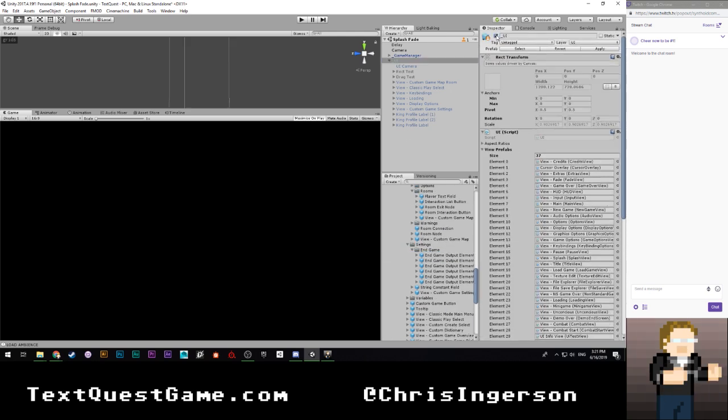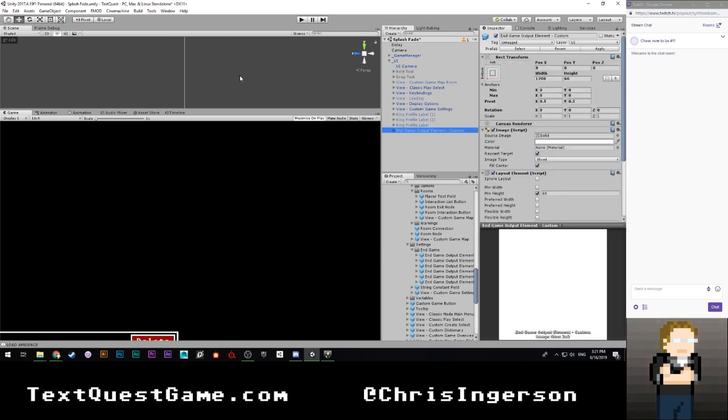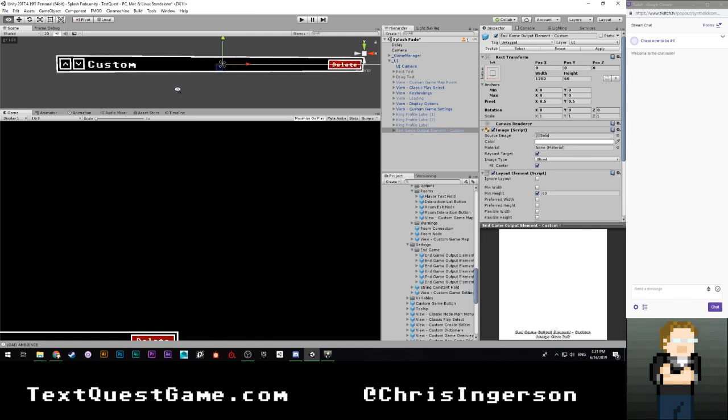I'm going to go ahead and turn on our UI here. I'm going to grab this. Hit F over here to kind of focus up on this. So this is what this element looks like. We're probably going to change this so, again, that our label shows something specific, which is